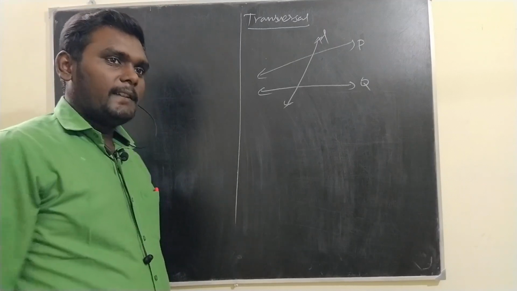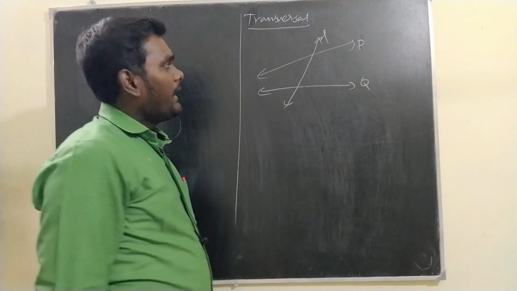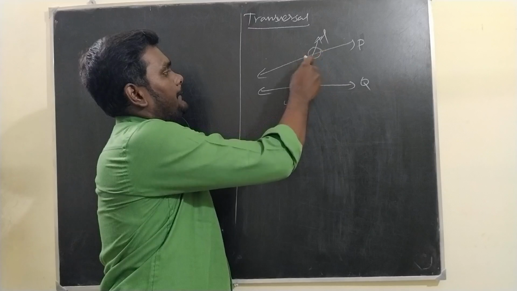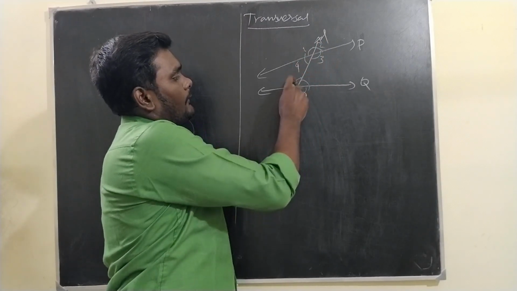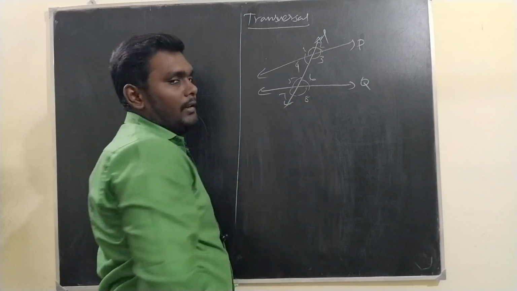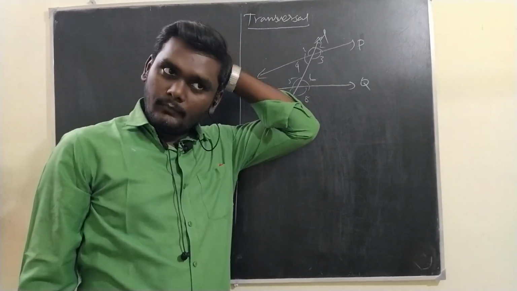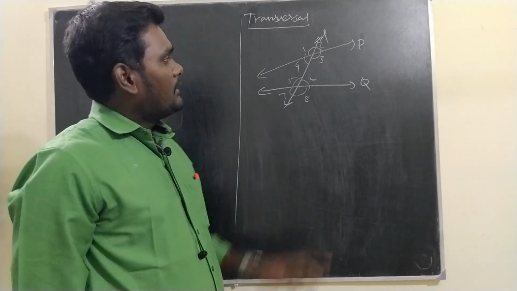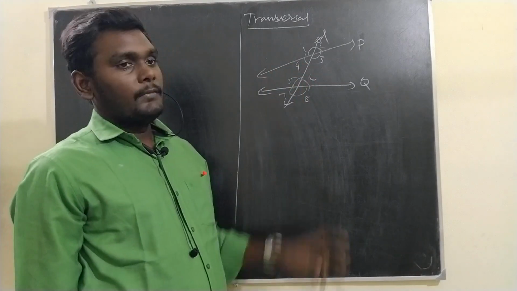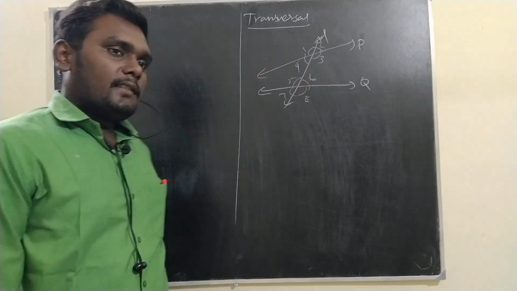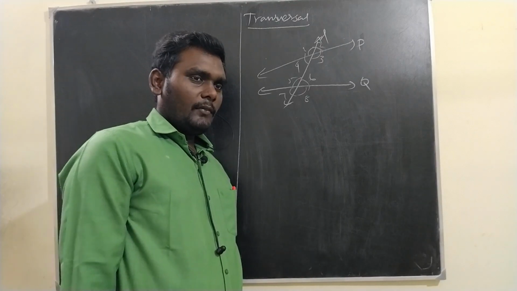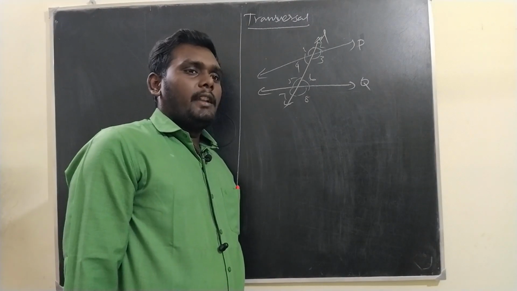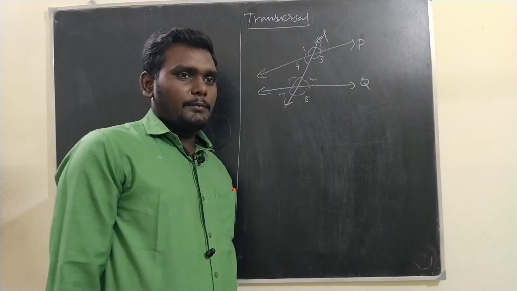Whenever these kinds of lines are intersecting, there will be 8 angles created. And we have to classify these angles. Those which come inside, which means between the two lines, are called interior angles, and those which come outside are called exterior angles. In that, corresponding angles means,